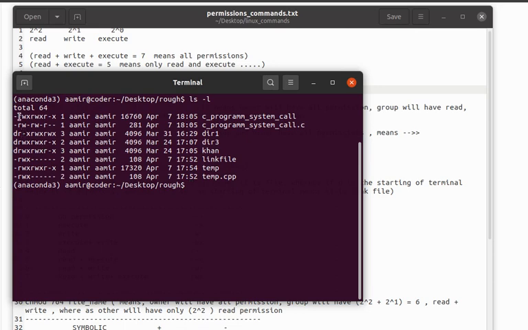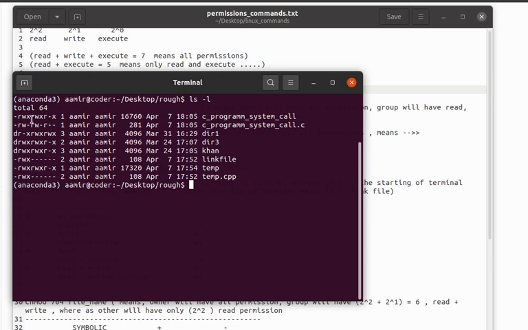Here you can see the first one is read, the second one is write, and the third one is for execution. These are the permissions, which are divided into three parts, and these three are the area of the owner, another the area of the group, and the other the area of others.